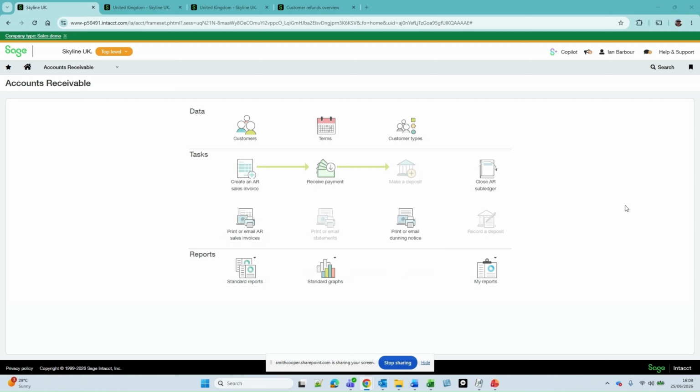Hello, my name is Ian Barber, and today we're going to be looking at customer refunds and how they work in Sage Intacct. To start off with, we need to configure the system to allow us to make customer refunds,